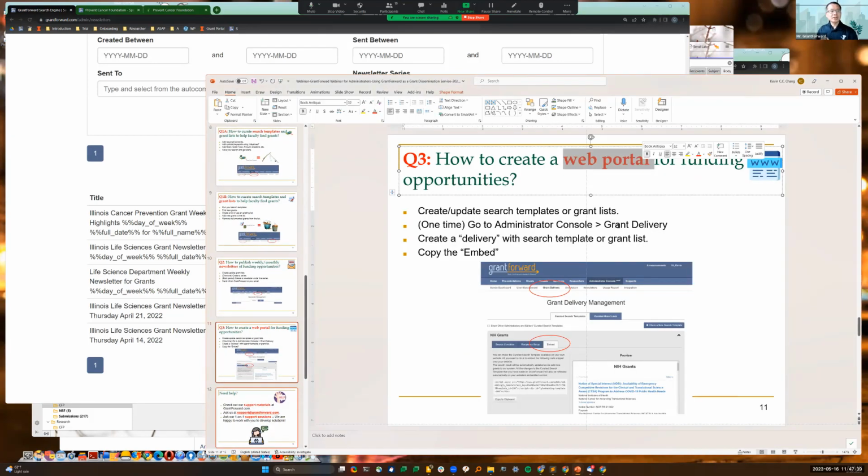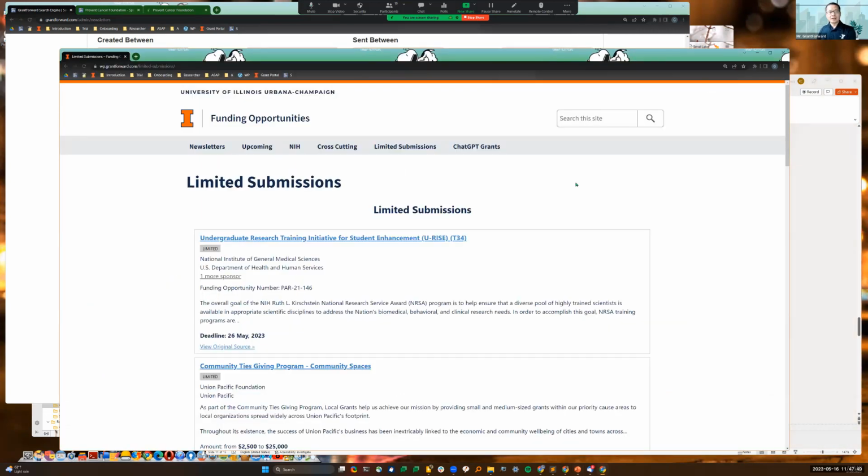Okay, so a newsletter is useful when you regularly communicate and push the relevant information to their inbox. A website is useful when they think about grants and they have a place to learn about the current grant selection, the grant information you want to tell them about. I created this website in about 30 minutes altogether, and it has